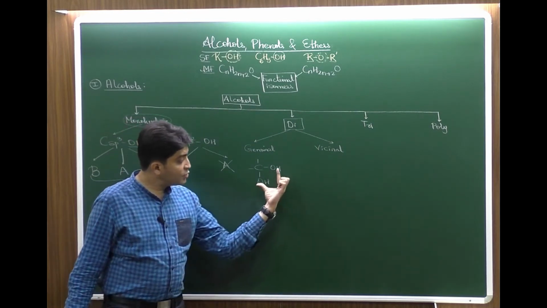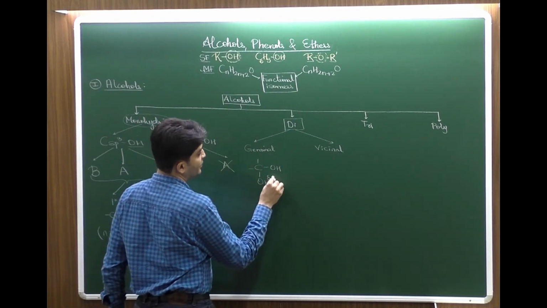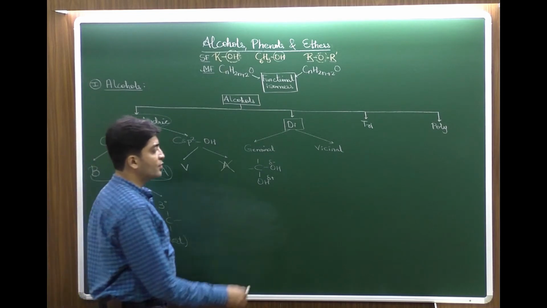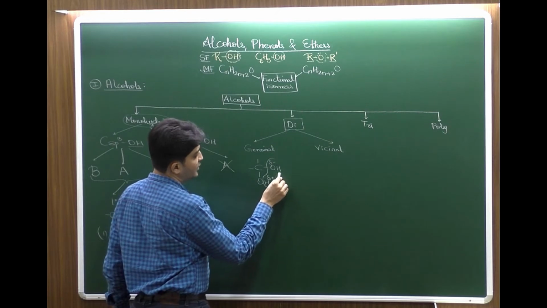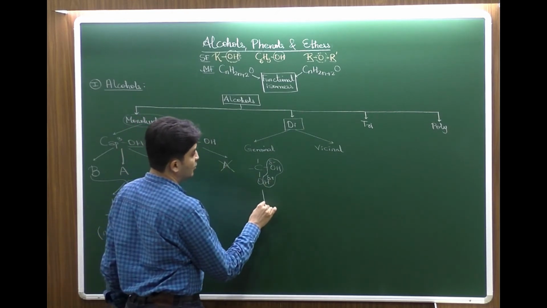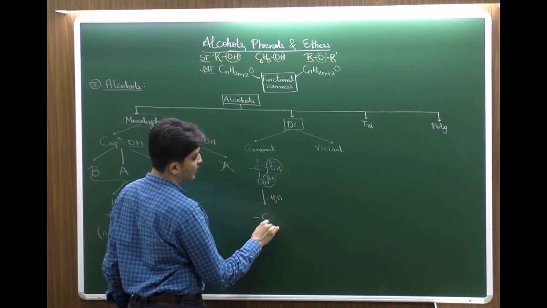But when the OH groups are on the same carbon atom, because of the H having a delta plus and O having a delta minus, there is a force of attraction between them, due to which the OH and H immediately combine to give you a water, and the moment it loses a water, what remains is C double bond